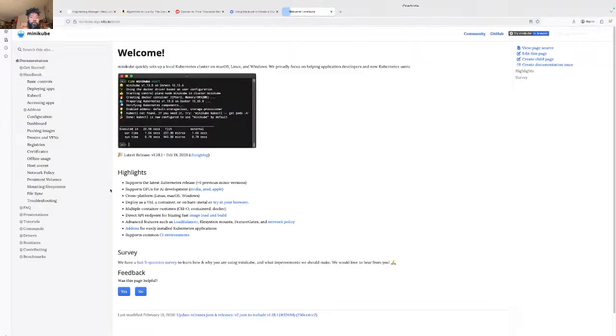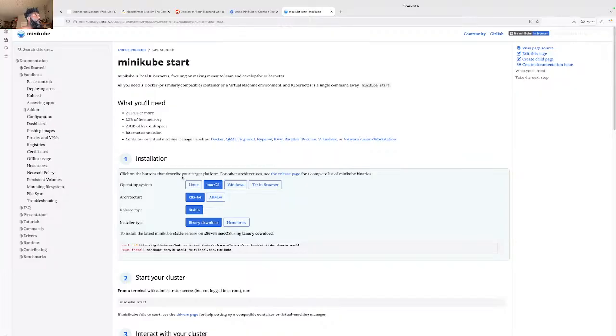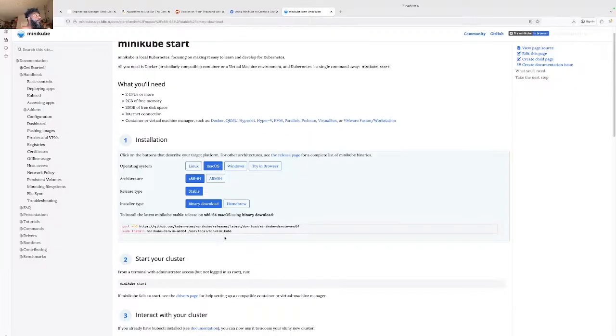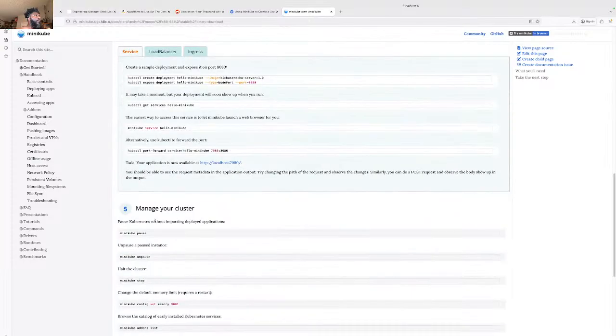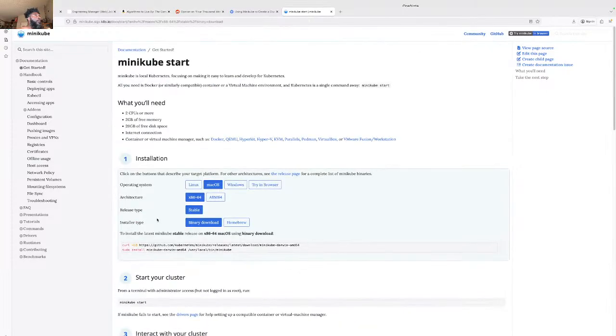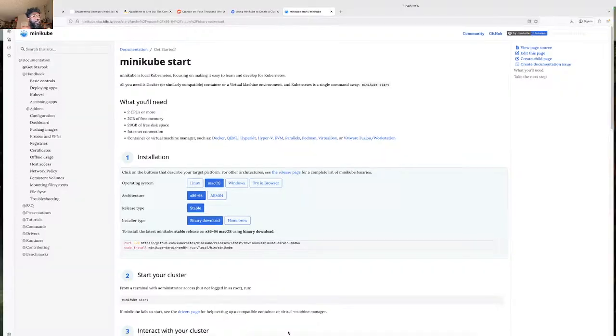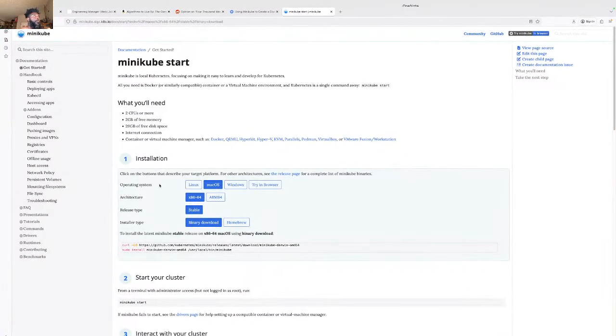So here's minikube, get started. It requires a VM, or a container, whatever. So I used my Docker. I've got Docker Desktop on my system, so I just used Docker Desktop.